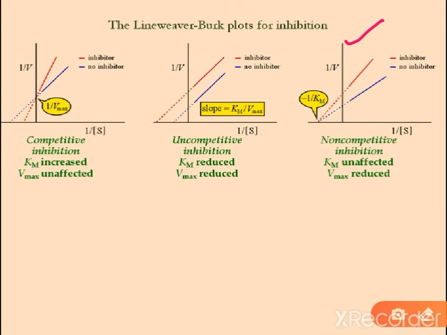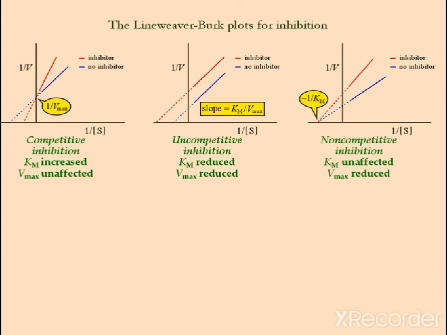Now, coming to the last type of inhibition, that is non-competitive inhibition. In this case, they bind to the enzyme or enzyme substrate complex, but not at their active site. They bind to any other site that is distinct from the active site. It affects the Vmax, but the Km value remains unchanged. It also cannot be overcome by high substrate concentration because it does not compete with the substrate. That is why if we increase the substrate concentration, that will never change the effect of the inhibitor. You can see here the Km value remains unchanged, but the Vmax value gets reduced.